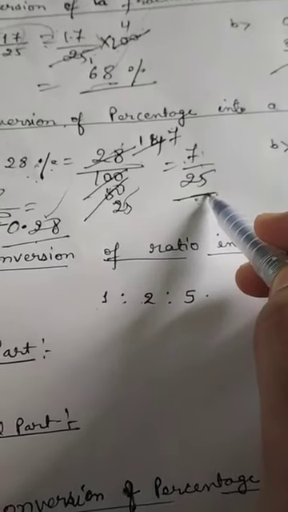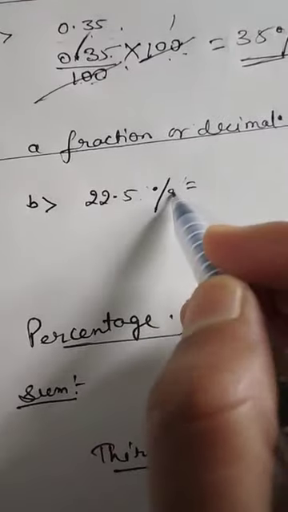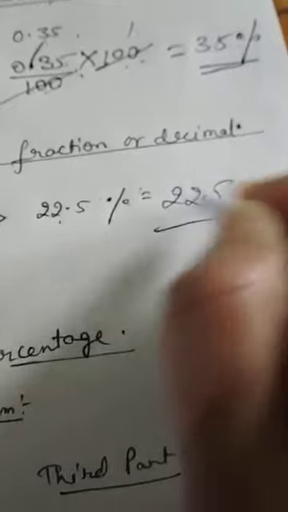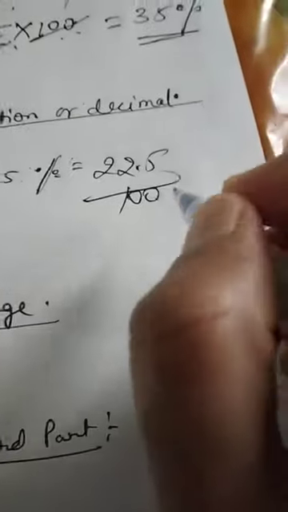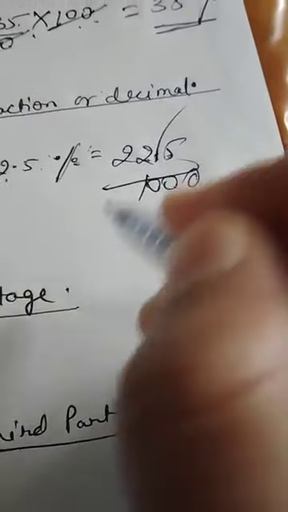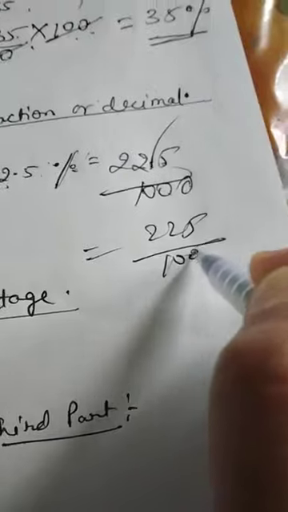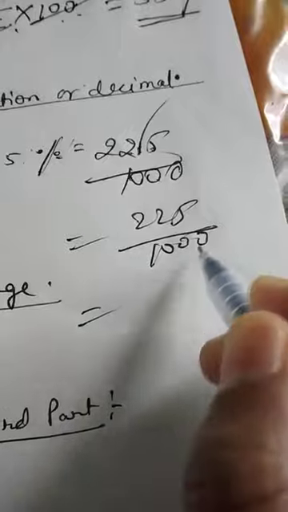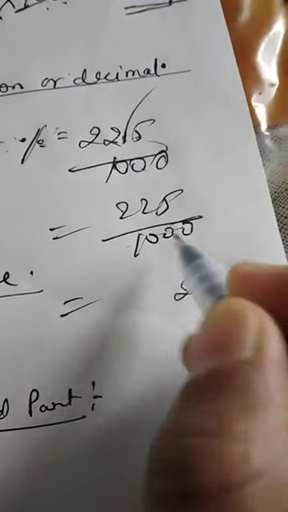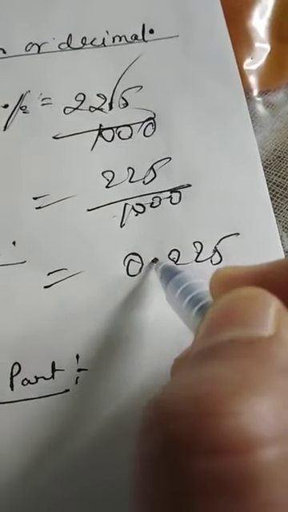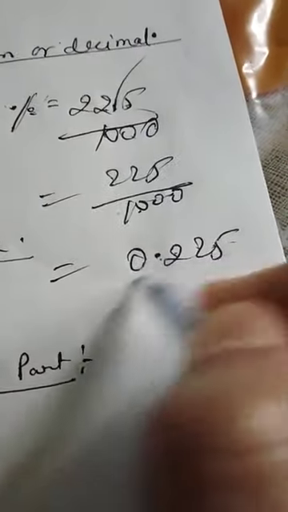Whatever the question will be asked, you will change accordingly. Now this is 22.5%. You have to change this into fractional form or decimal form. So 22.5, this percentage means over 100. So if you will remove this decimal, after decimal there is one digit. So you can put 1 zero. So 225 by 1000. You can again cancel it, or if you want to change this into decimal, you can simply change this into decimal. You can see 1, 2, 3 zeros are down. So 1, 2, 3 from back side, give decimal after 3 digits. This is the decimal form.